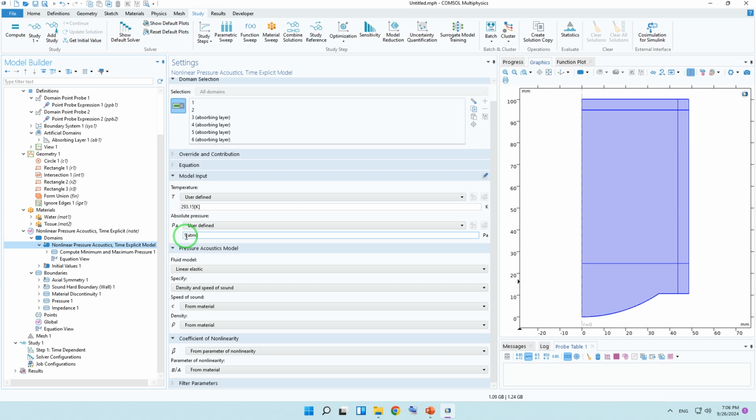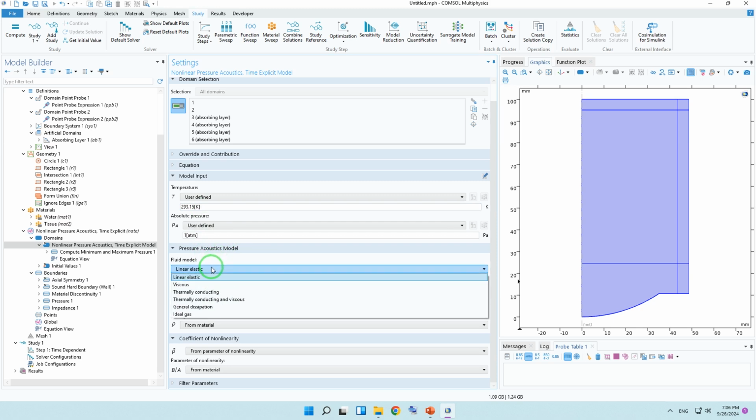Let me check that. Here the pressure is 1 atmosphere and the temperature is 293, and the other parameters are taken from the